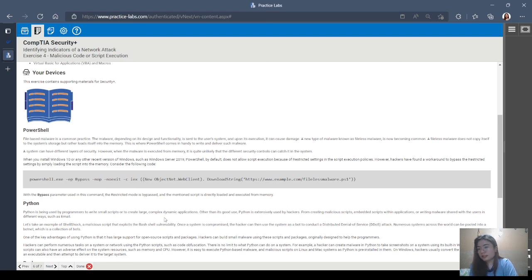Your devices. This exercise contains supporting materials for security. PowerShell file-based malware is a common practice. The malware, depending on its design and functionality, is sent to the user system, and upon execution, it can cause damage. A new type of malware known as